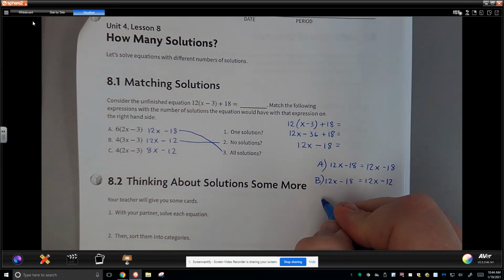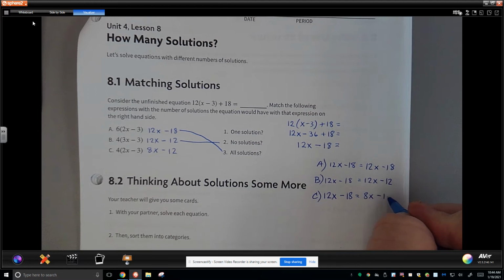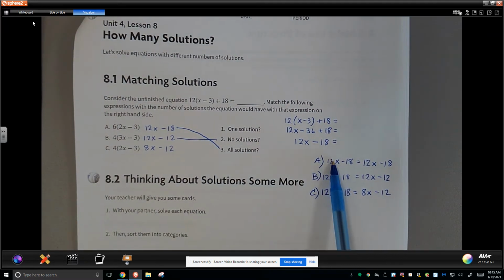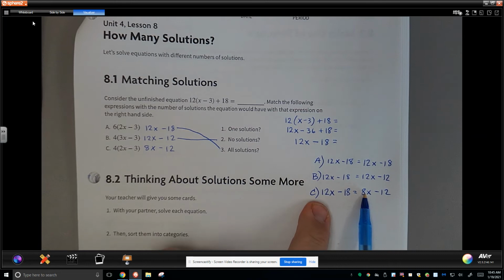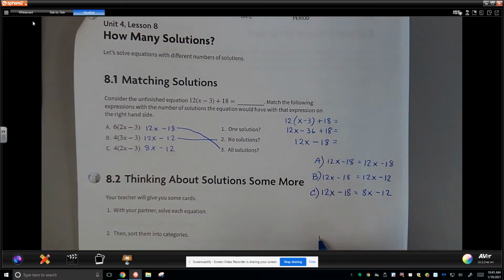C is kind of a no-brainer at this point, but I want to show you the essence of this. 12 times x minus 18 is equal to 8 times x minus 12. What I see right here that's different than the previous two is that the coefficient of x is different in each expression. With that understanding, the previous expressions, when we had 12 times x here,